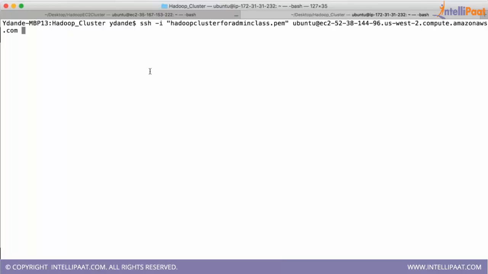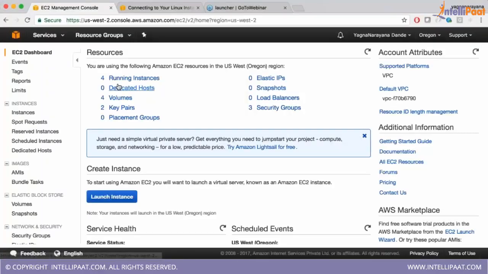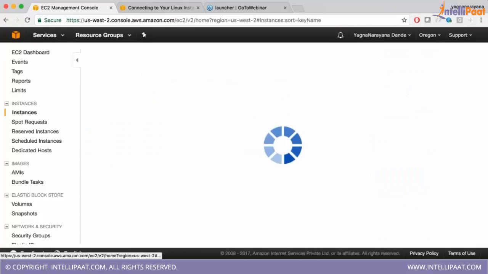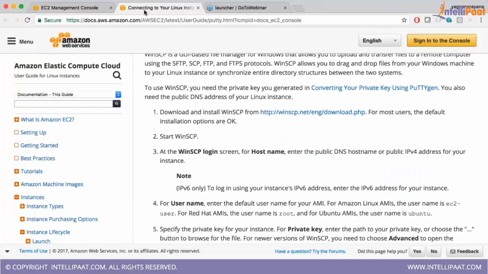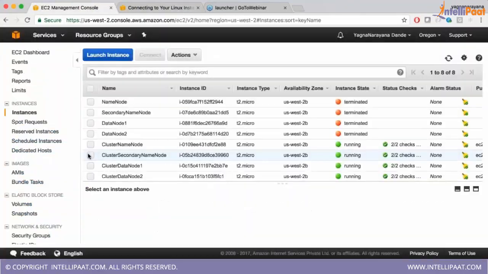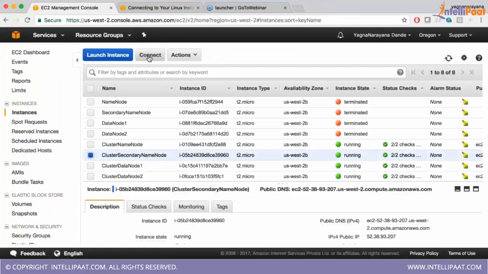And in the background, we need to connect PuTTY to the AWS services. For that, you will be sending some PDF, right? Yes, it is already there here, but I'll be sending it. Once you go to any of the instances, click on the instance and say connect.